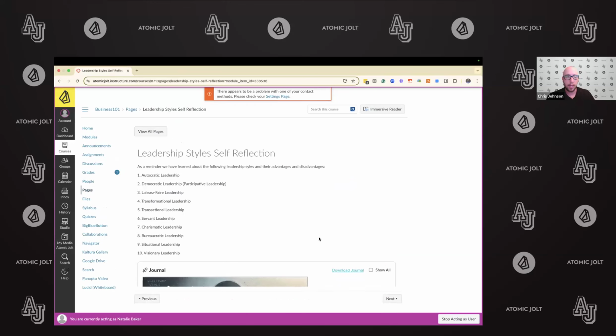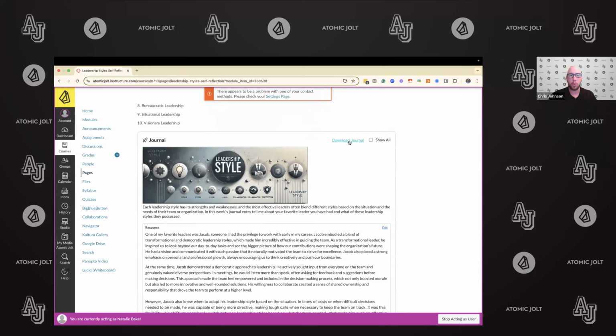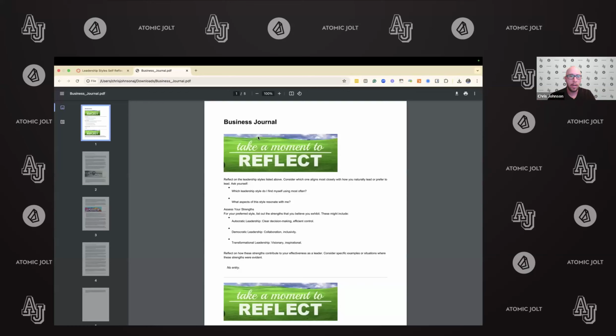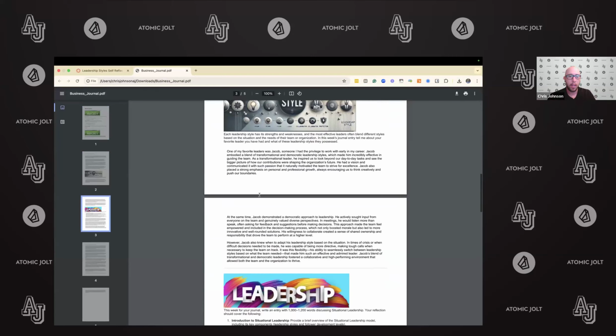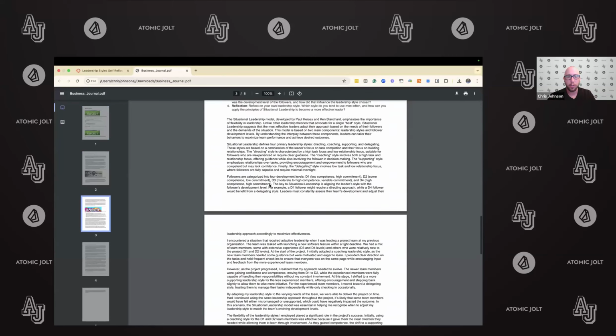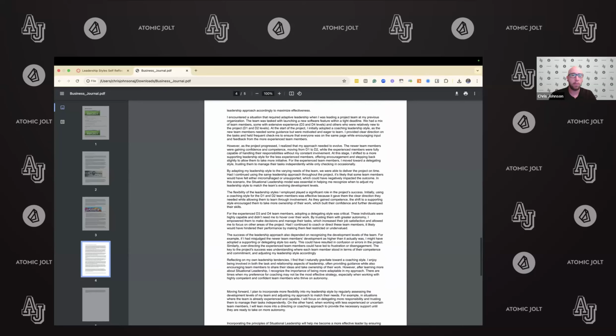If I wanted to edit this page and make some revisions, I could add some media. But I can also, and this is again where I feel like there's one of the bigger differentiators in the student workflows, I can download this journal. And what you'll see here is this is providing all of the journal prompts and their responses to it in one package. So again, if I wanted to turn my journal in for any of a capstone project or save it to my portfolio, I have my full journal downloaded, 4 different prompts combined into one PDF to make that very easy for them to do so.